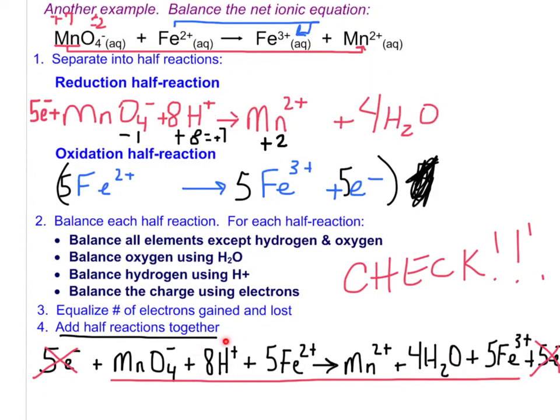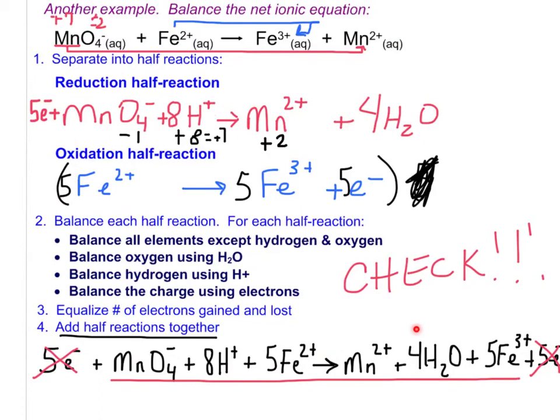We have 8 positive charges plus 10 positive charges plus a negative charge there. That gives us 18 minus 1, 17. A +17 on the left side,